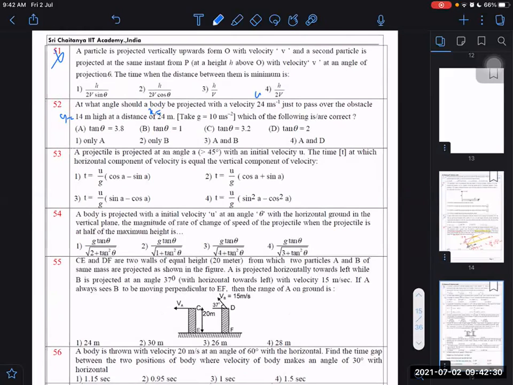We can get it the same way. Horizontal component is equal to vertical component. What does it mean? The angle made by velocity with horizontal is 45 degrees. That is what it means. What is the initial angle made? A. Then I can again say V cos 45, which is V by root 2, is equal to U cos A. Horizontal component will remain the same. But its horizontal and vertical velocities are equal, so vertical velocity will also be the same as horizontal velocity. So finally its vertical velocity will become equal to U cos A.